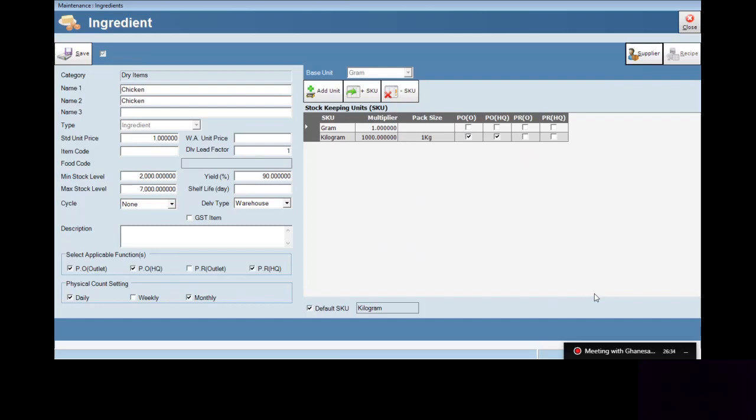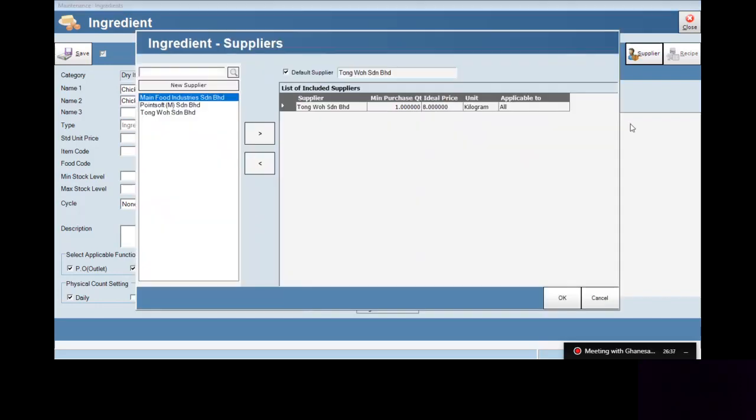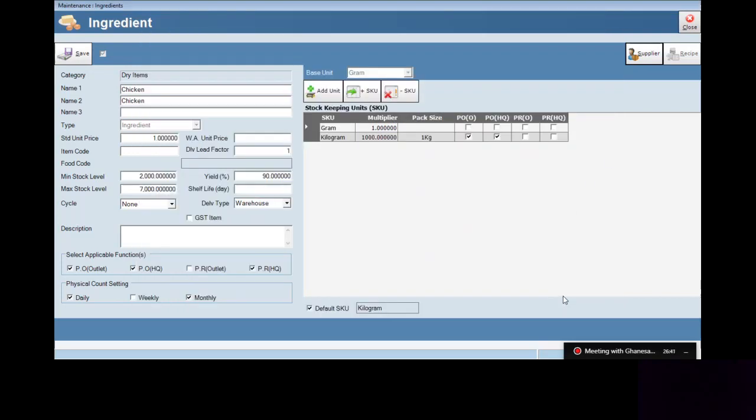As you can see here, per kg the chicken is $8. A kg is 1,000 grams, so we divide $8 by 1,000, and you will get 0.008. It means 0.008 is the per gram chicken cost.